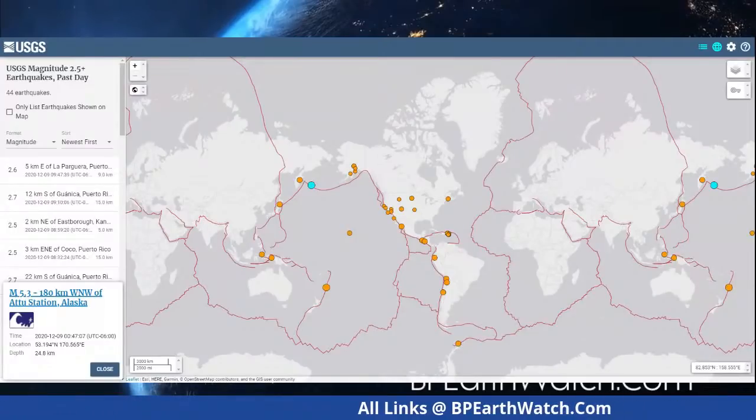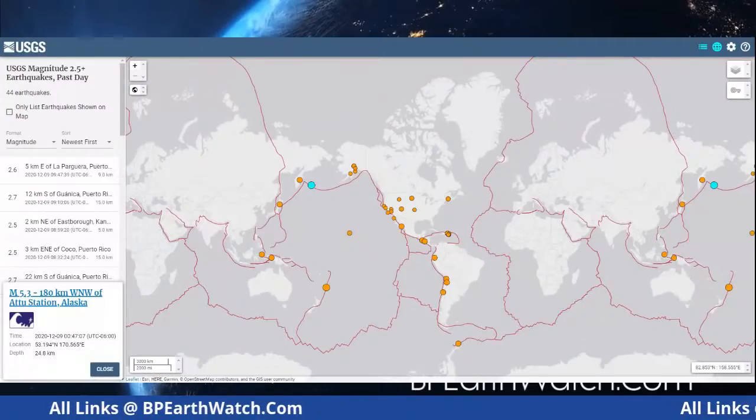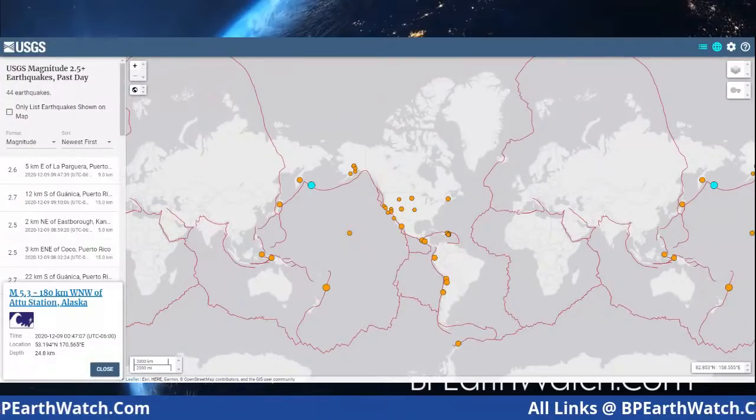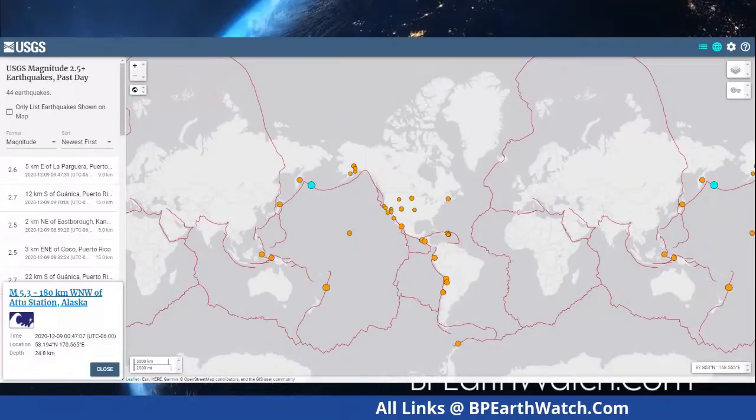3.0 west northwest of Robinson, Maine. Yeah, I saw that one earlier. Now that came in. We weren't quite getting as high a wind speed now, but the Earth can feel the changes.